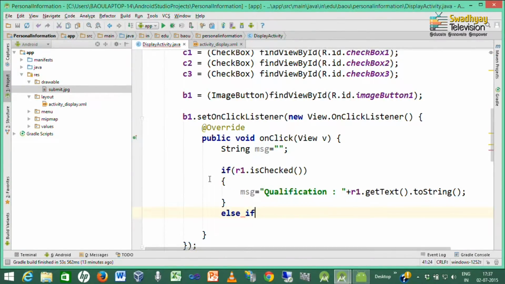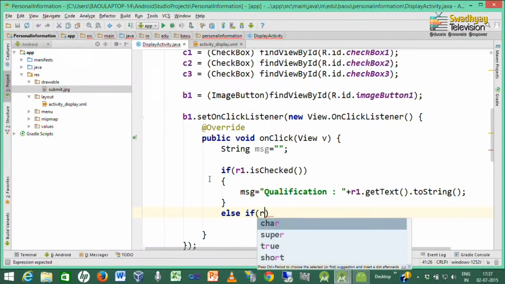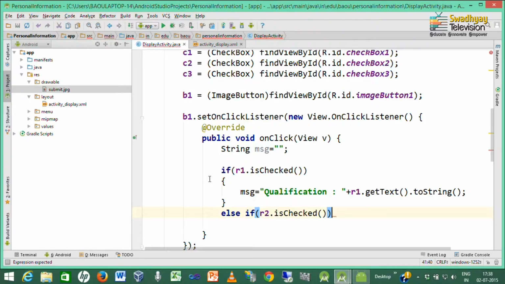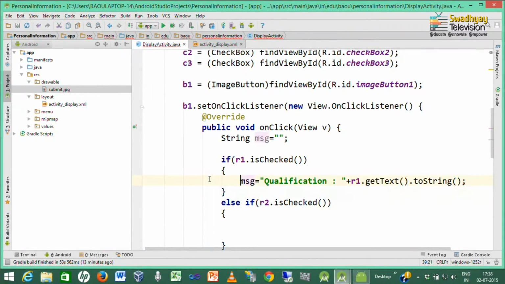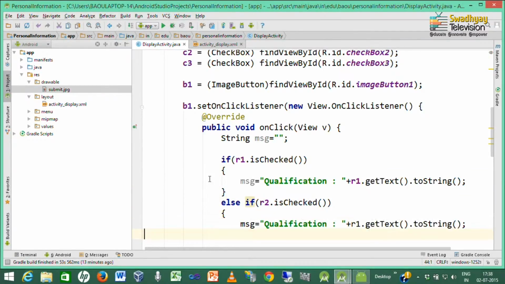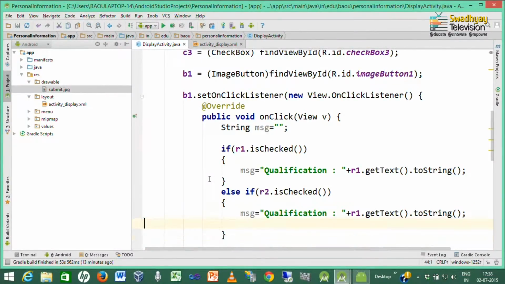Now, if first is not selected, it might be possible that the second item is selected. So, we write again an if: if R2 is checked, then we copy the same code here, which means inside message will be stored R2's text, which is postgraduate, and lastly